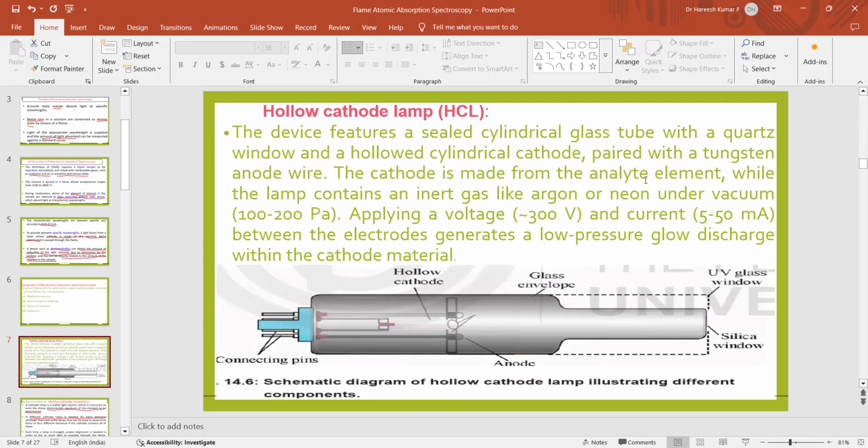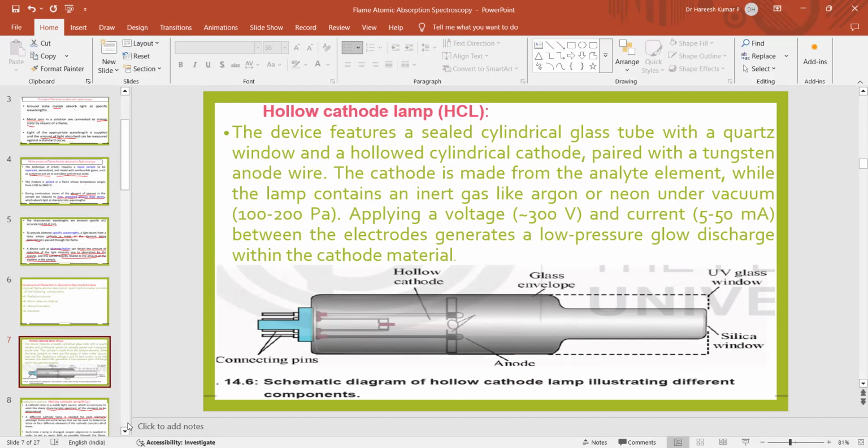The cathode is made from the analyte, while the lamp contains an inert gas like argon or neon under vacuum. Applying a voltage and current between the electrodes generates a low pressure glow discharge within the cathode